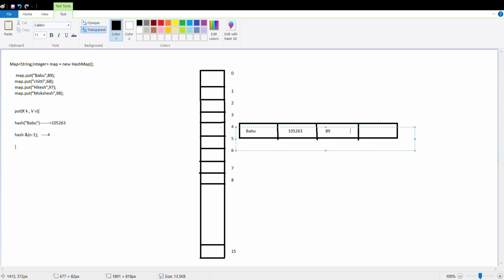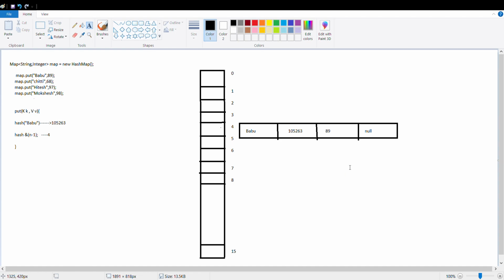Then it will store the reference of the next node. For now there is no other node, so that will be null. So Babu will be stored at index 4.